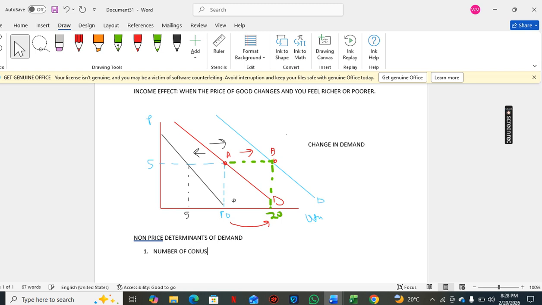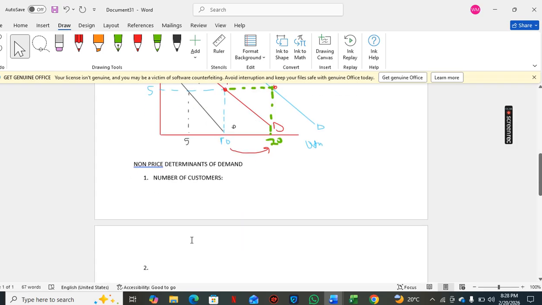So if the number of customers increases, the demand increases,